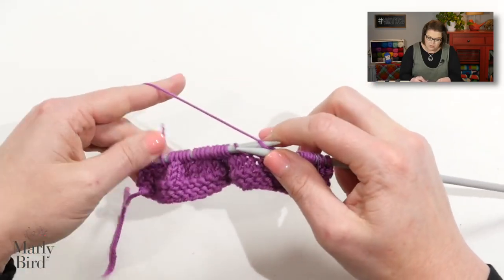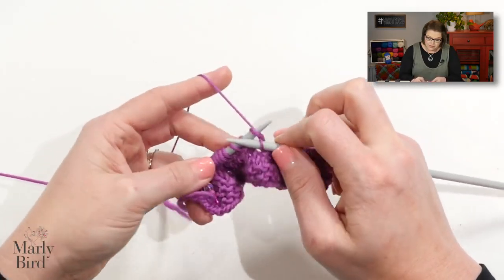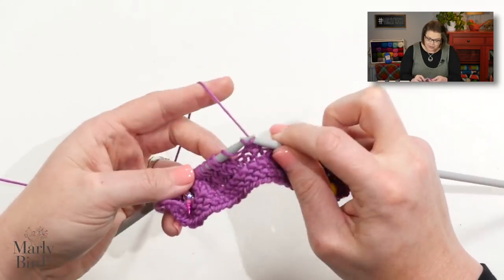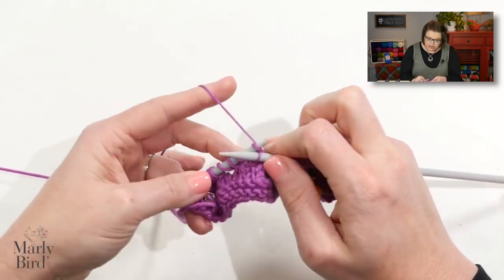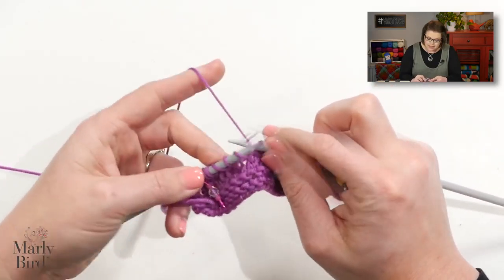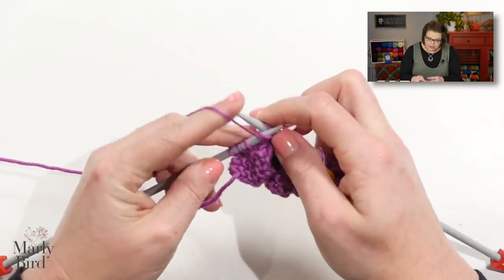And I would do that all the way down the row to the last 4 stitches where the pattern changes up, where I have my marker. And I will finish off with a purl two, knit two. You can see here, I'm just treating those yarn overs as if they are a stitch because that's what they are. When I get to my last 4 stitches, I can slip my marker